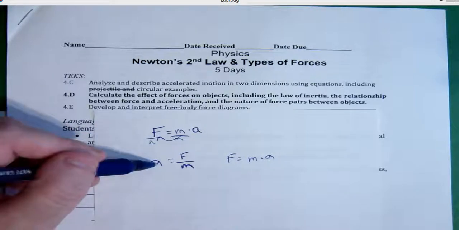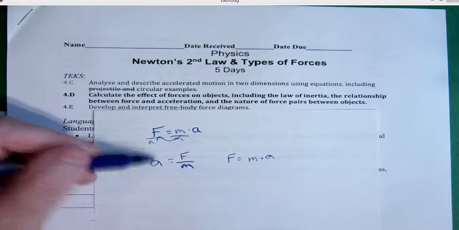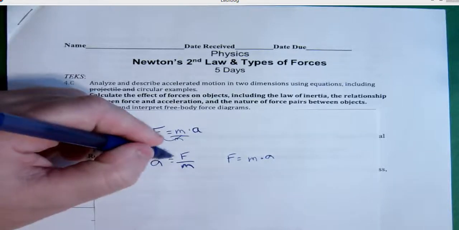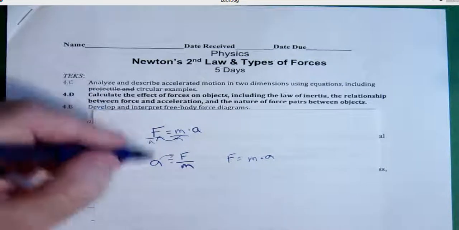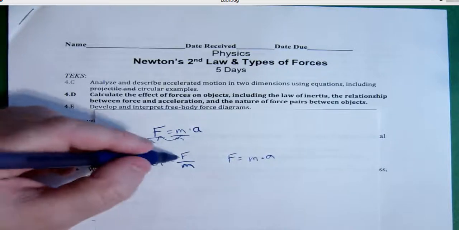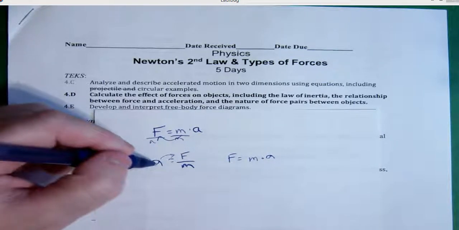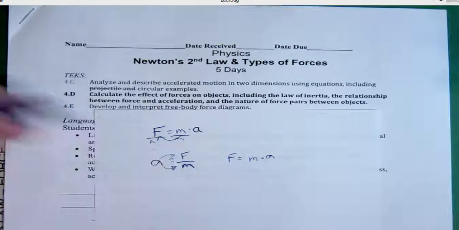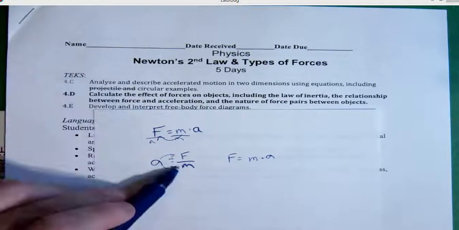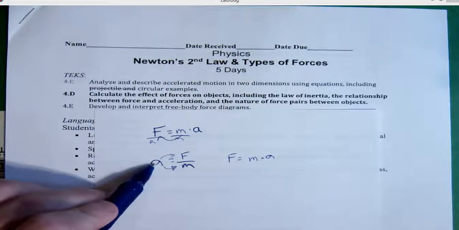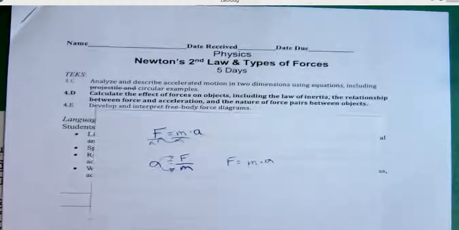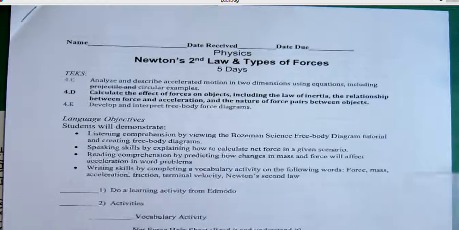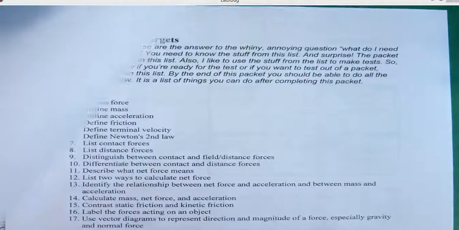So the acceleration on an object is directly proportional to the force. In other words, you double the force, you probably double the acceleration, and it is inversely related to the mass. In other words, you double the mass, you cut the acceleration in half. So we'll talk about that more a little bit further on, but let's talk about just a few vocabulary words